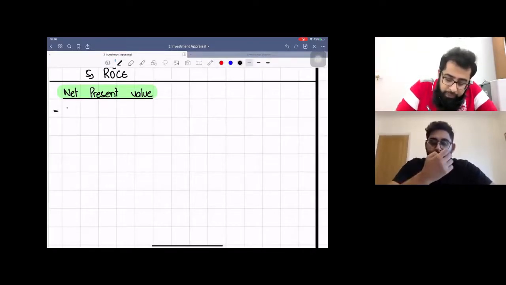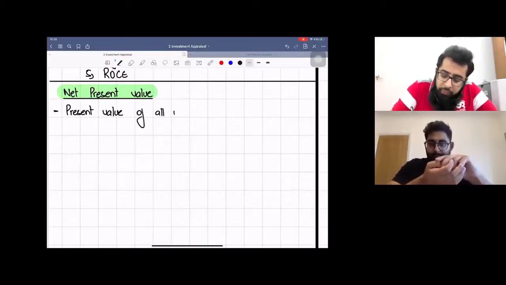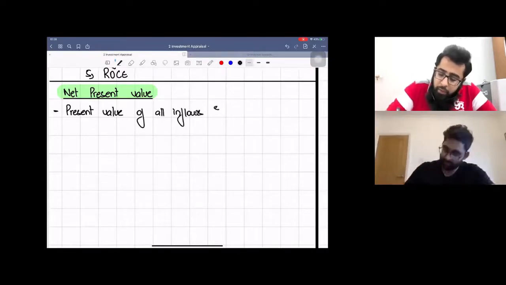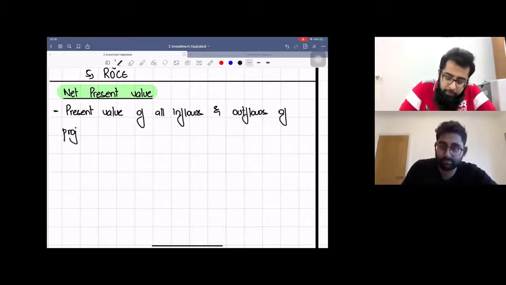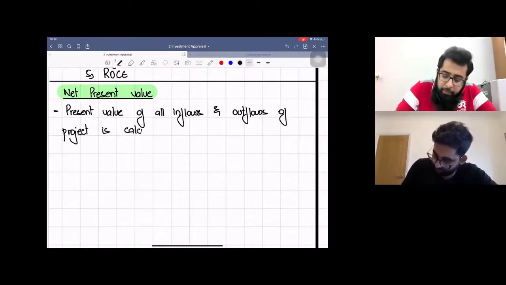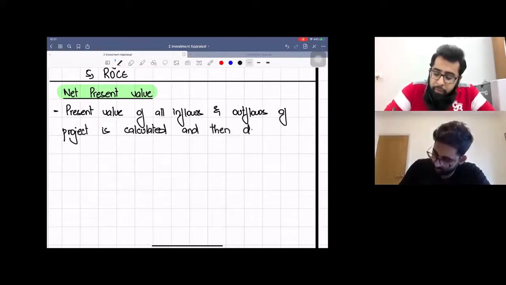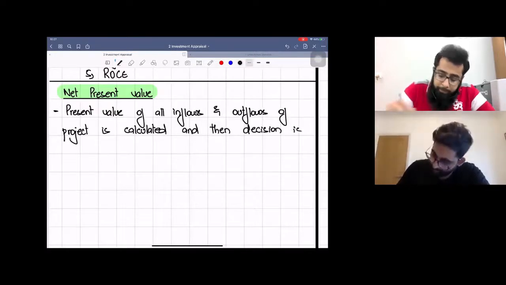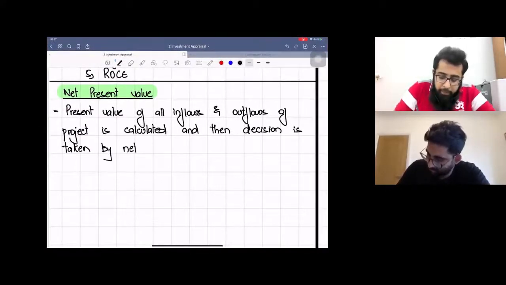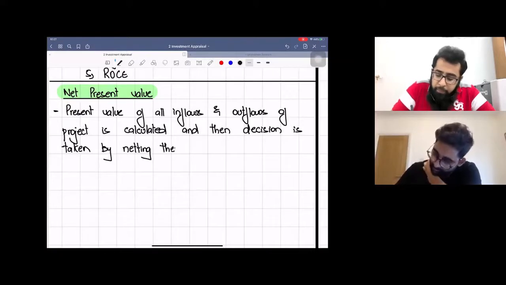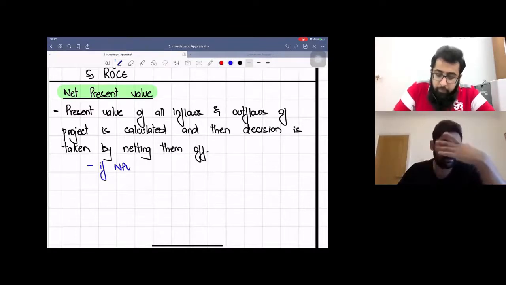So the present value of all inflows and outflows of the project is calculated, and then the decision is taken by netting them off. Now, if NPV is positive,